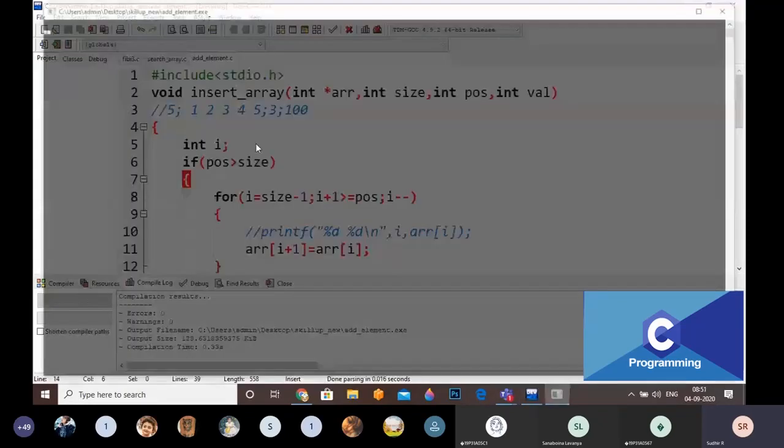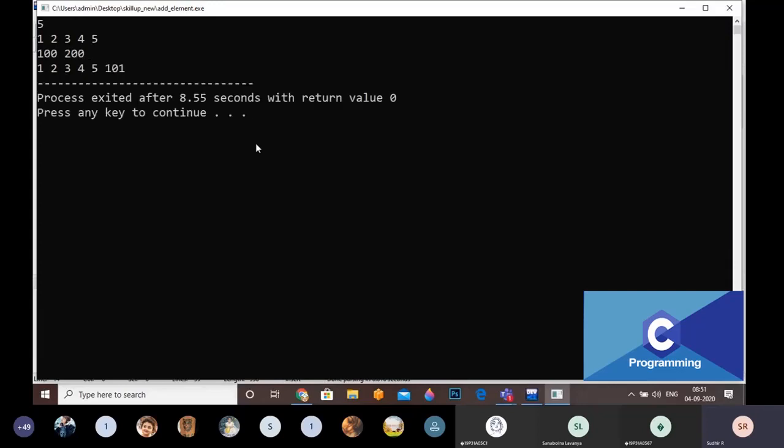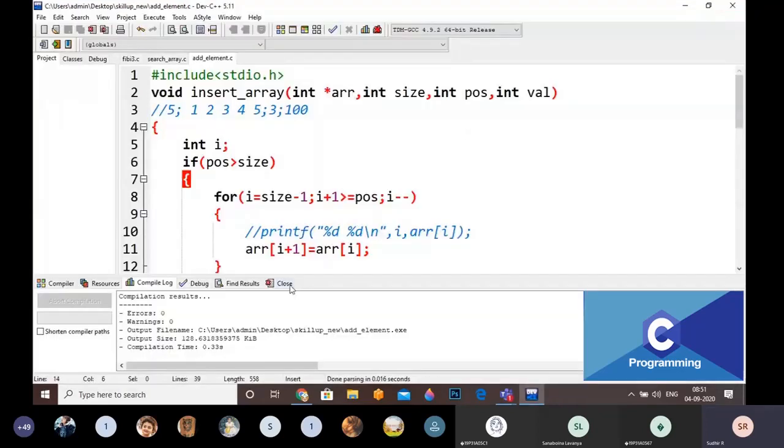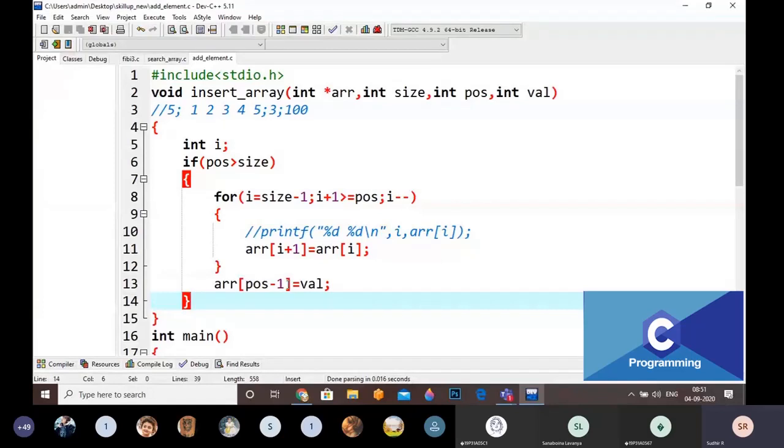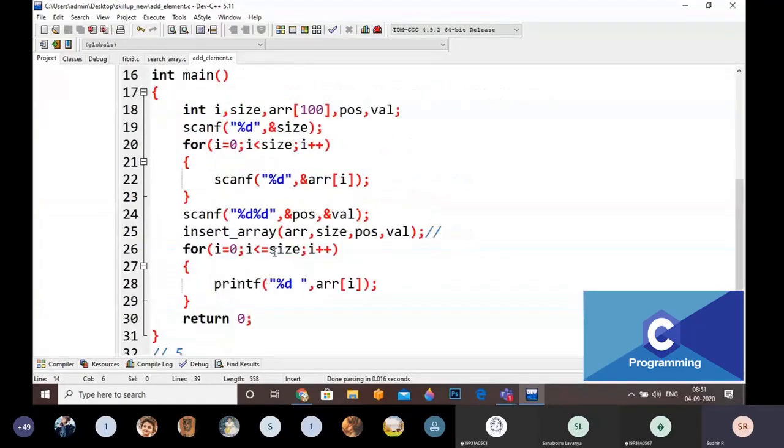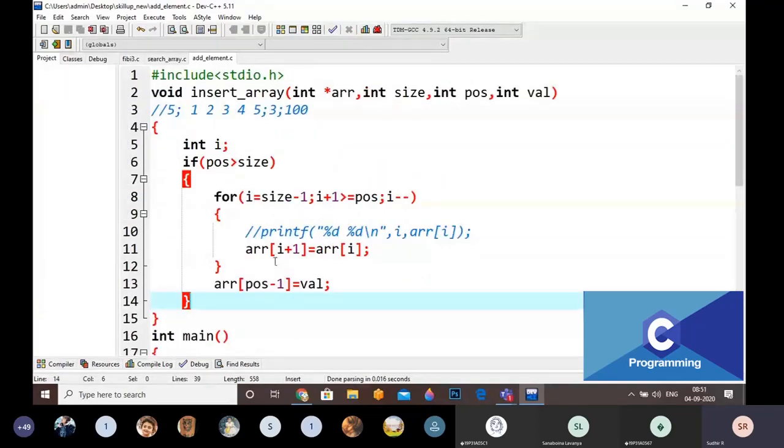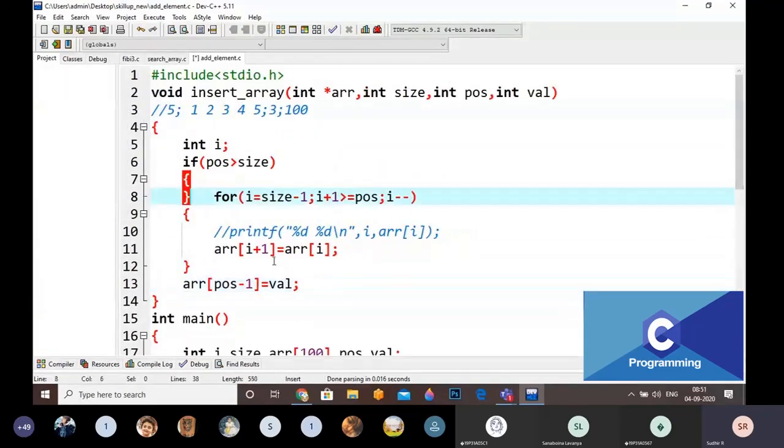For example, now I am going to check it. 5 values: 1 enter, 2 enter, 3 enter, 4 enter, 5. The position is 100 and the value is 200. Just a minute. Because it's going to give size plus 1. That's it. That's why it is not working.